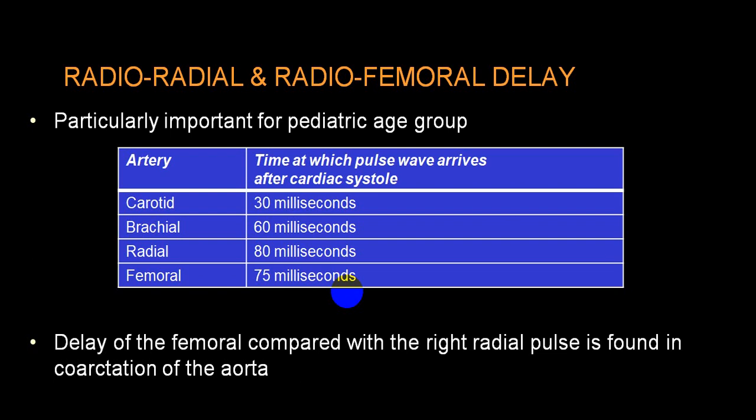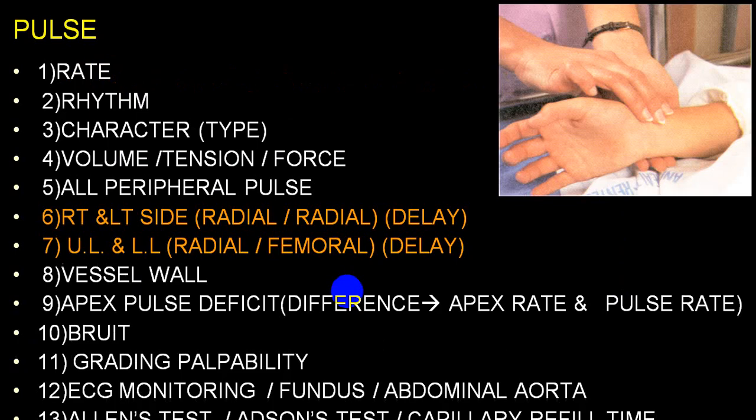And if you get coarctation in the arch of aorta or after the left subclavian, you will have a radiofemoral delay between the right radial and whether the right femoral or left femoral, whichever you use. That is characteristic whether the coarctation is in the arch of aorta or after the left subclavian. So these two words you should remember, radio-radial delay or radiofemoral delay.